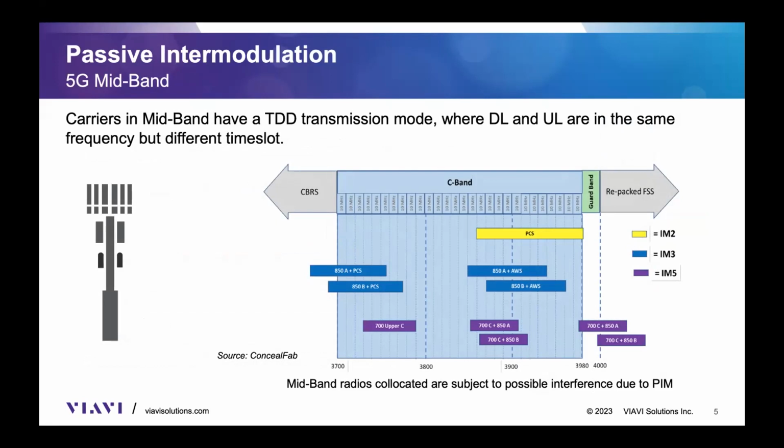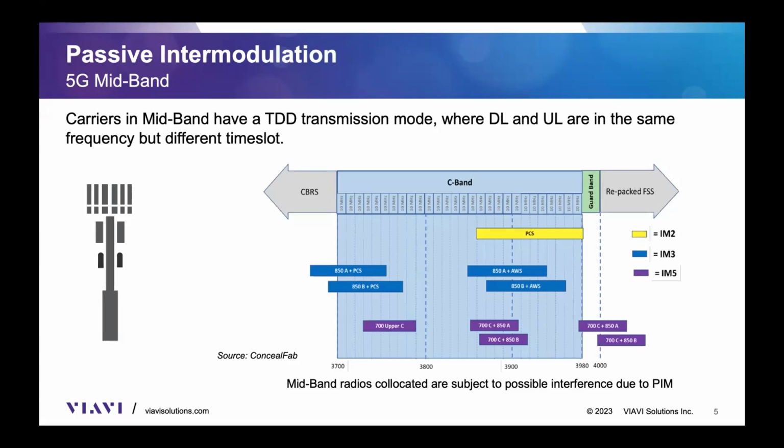So if we have a PIM problem on a different frequency, who cares? Well, from that standpoint, maybe yes, maybe not. I'm saying that because it's not going to affect that specific channel, but might affect an adjacent channel. And that might be owned by one operator, might be owned by a different operator, but it might be a